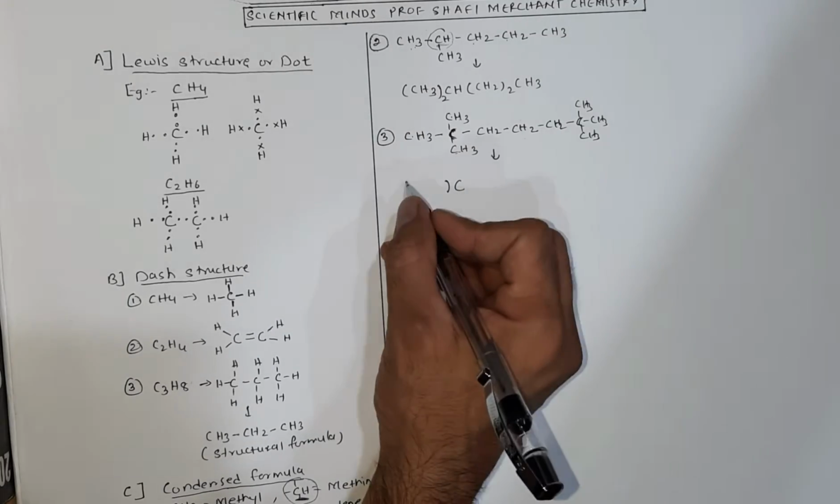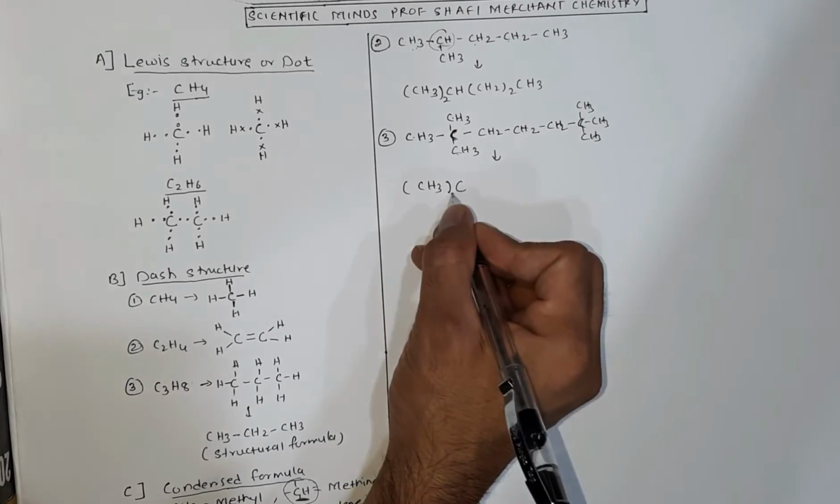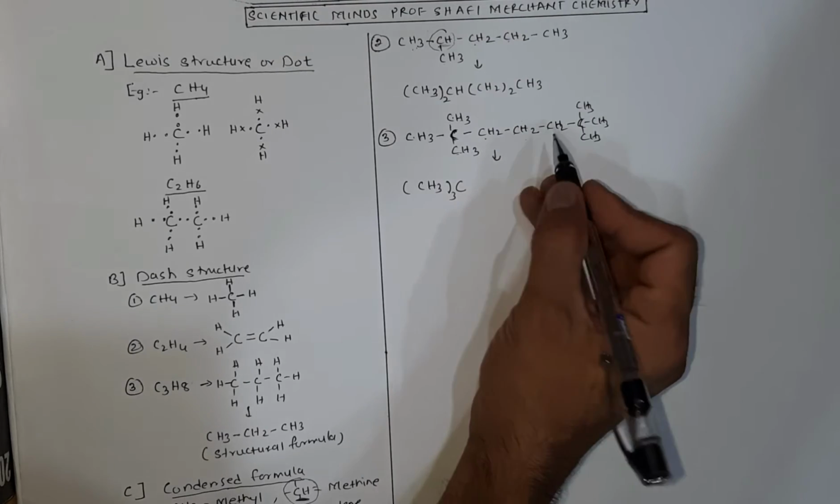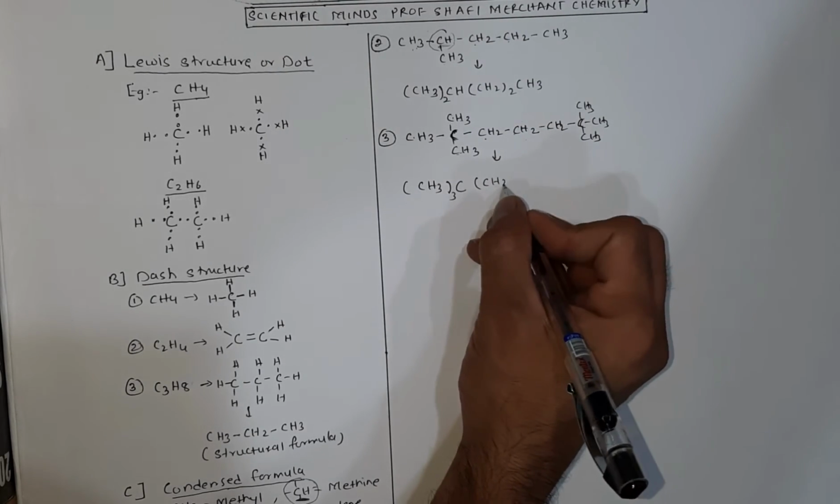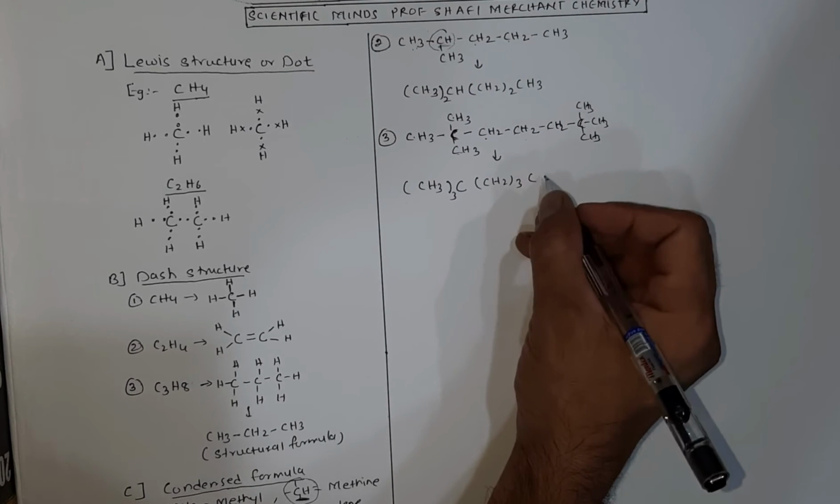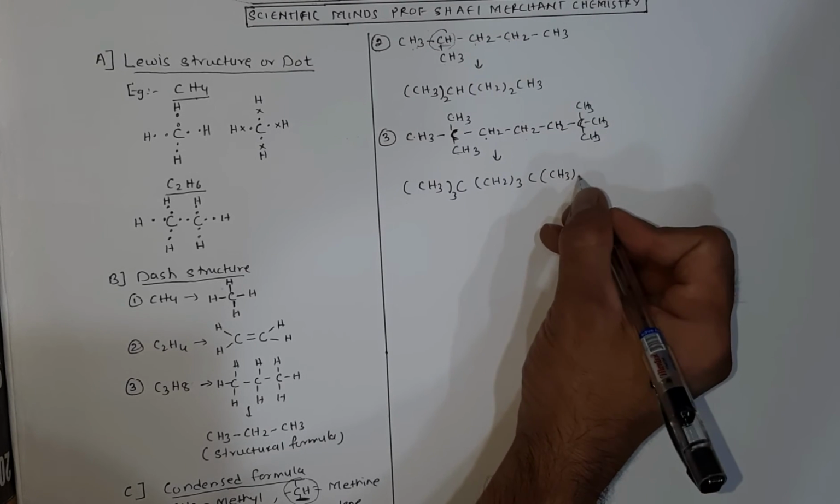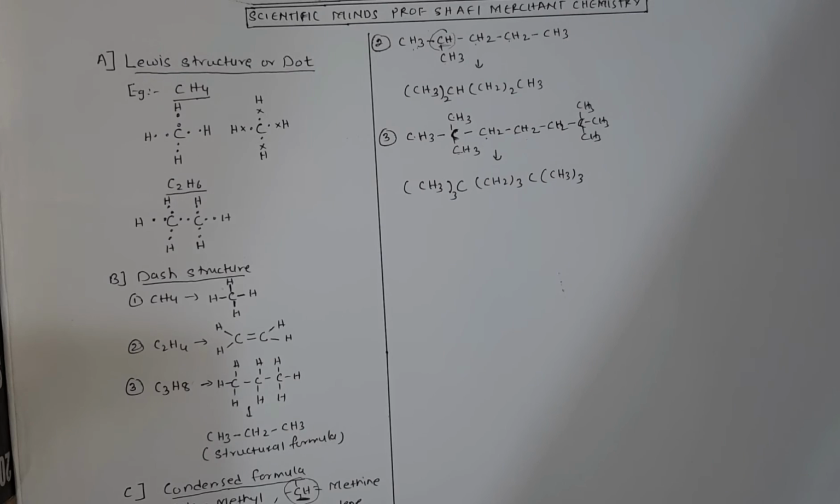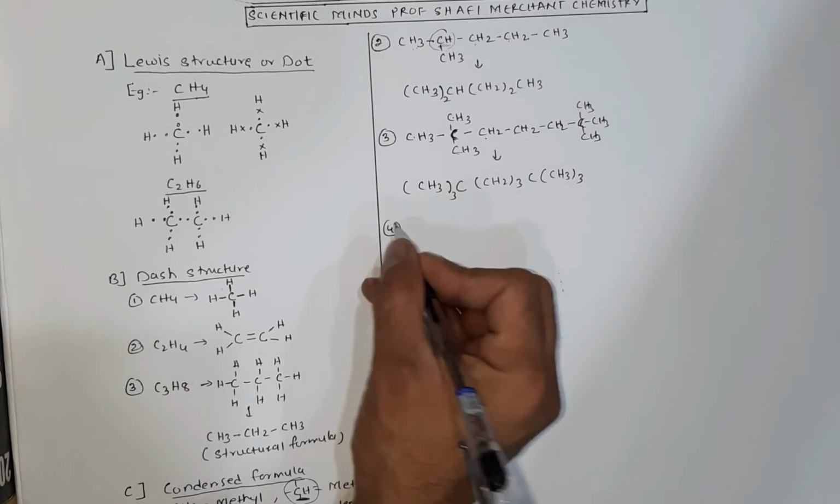So bracket, CH3 thrice. Then how many CH2 are attached? 3. So CH2 thrice. Then again a C. To this, how many CH3 are attached? 3. So CH3 thrice. This is the condensed formula. Fourth example,